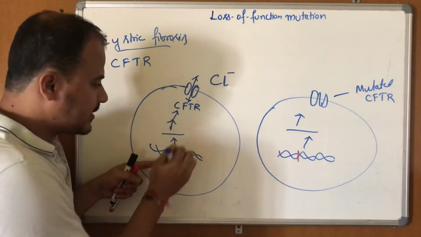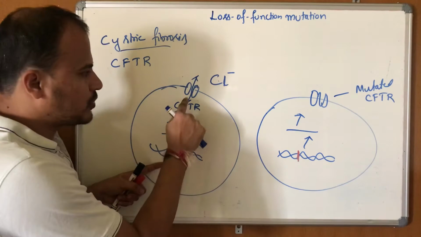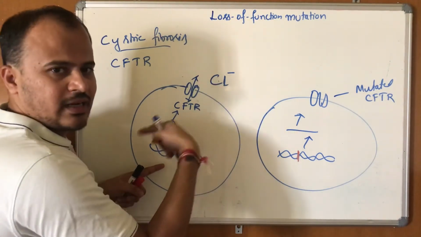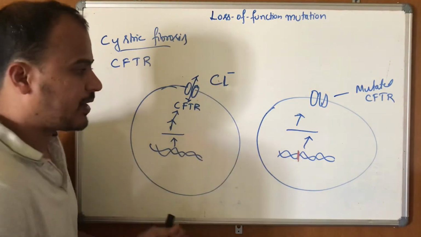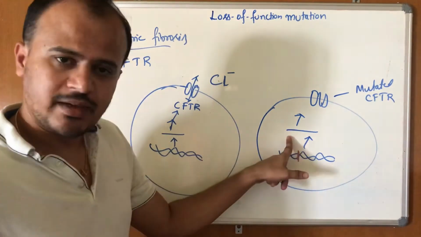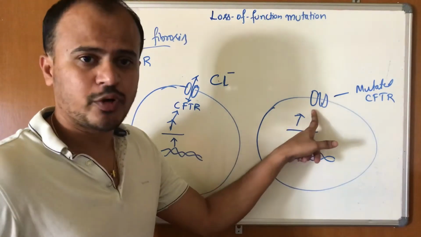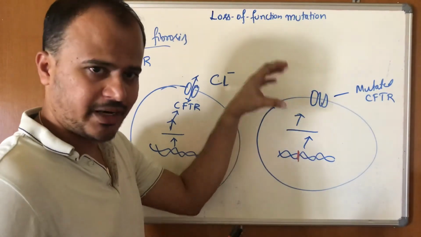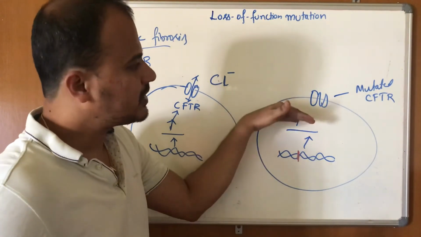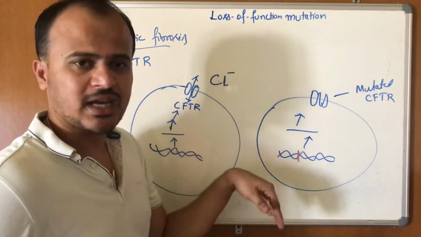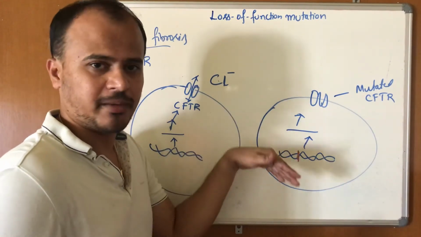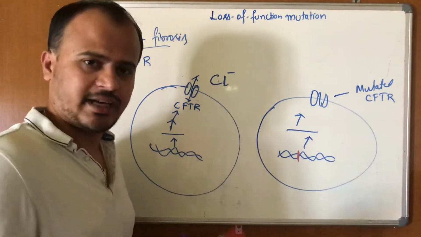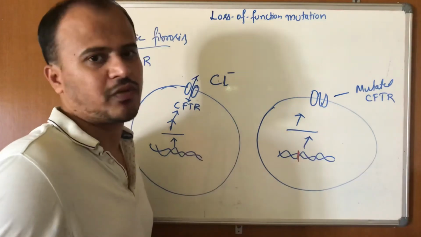Actually, when there is no mutation, this gene produces mRNA, and the mRNA produces CFTR protein, which is involved in the transportation of chloride ion across the membrane. Because of the mutation, there is a formation of the mRNA, but the protein produced has lost its function. Though it is incorporated into the biological membrane, this protein cannot transport chloride ions across the plasma membrane. Therefore, it has lost its activity. This protein has lost its function.